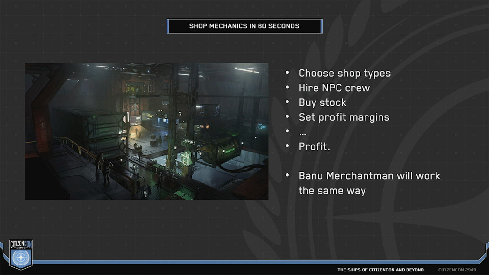Like, I'm going to pick my clothing shop archetype. I put it in shop 1 slot. I hire Paul, my shopkeeper, to run that shop. Pay him 1 UEC a day to do that. Cheapskate. I buy 500 Big Benny's hats, which takes up so many SEU of space, and I put it in